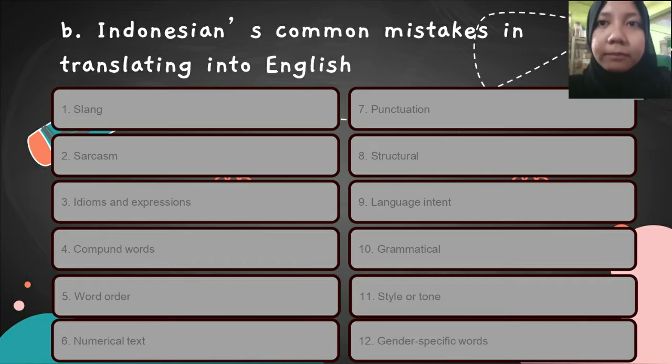Second, about sarcasm. Third, about idiom and expression. And for slang, it's like slangy phrase. The sentence may consist of an Indonesian or a regional language element, such as slang or typographical modification of Japanese. And for idiom and expression,